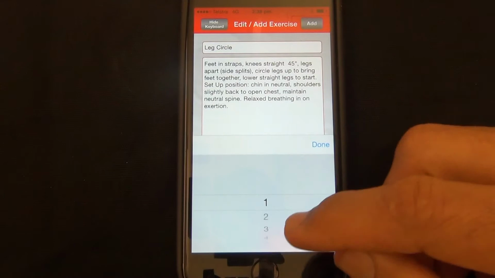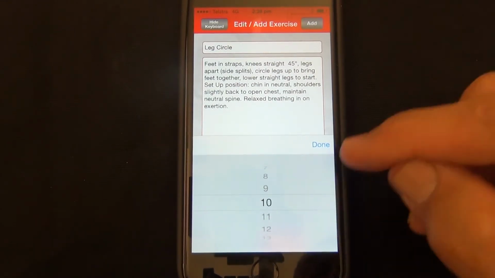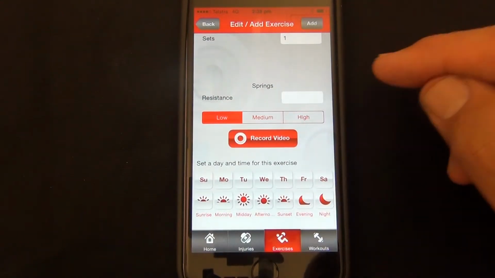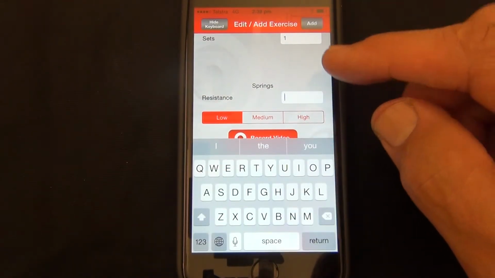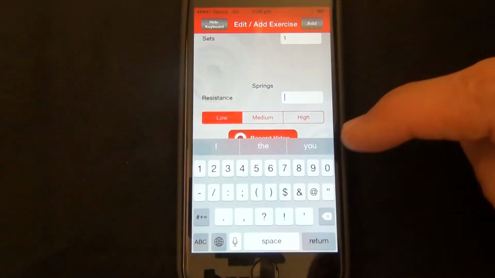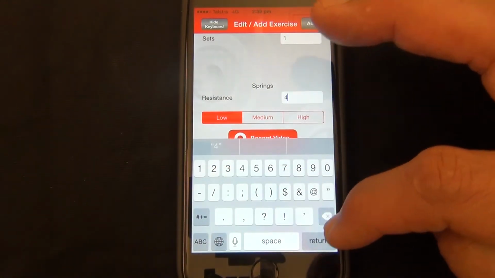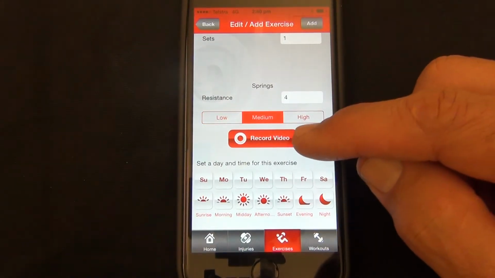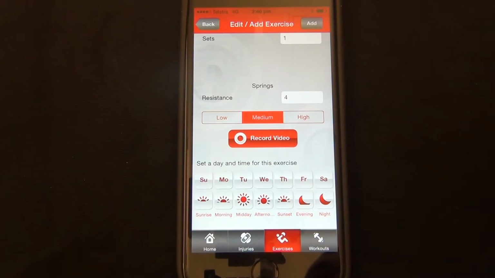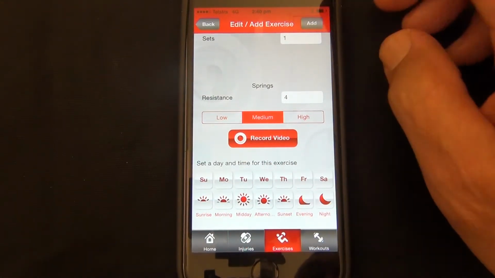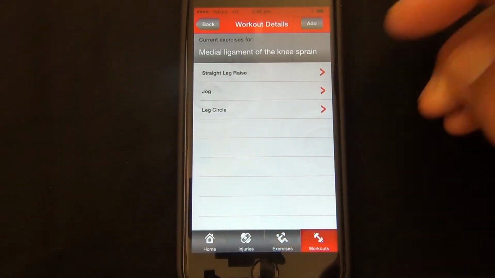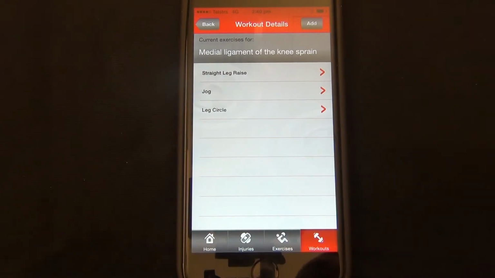You can put your reps in again as previously done with all the other exercises, the number of sets, and then you have an ability to put the number of springs or the resistance that you would like to be used, and if you like you can also use the record video, and again you can set the days of the week or the number of times a day. So we might decide we add that as well. We add it to our medial ligament sprain, and so we have straight leg raises, jogging, and even leg circles